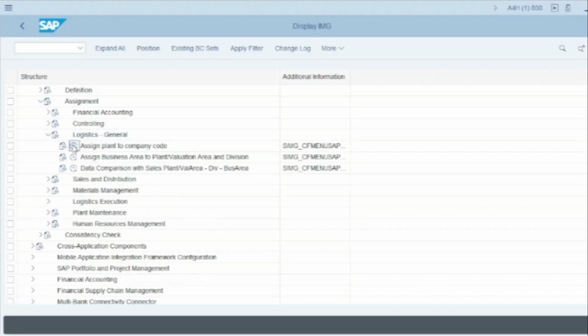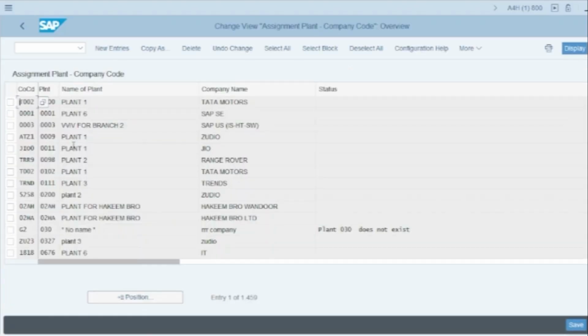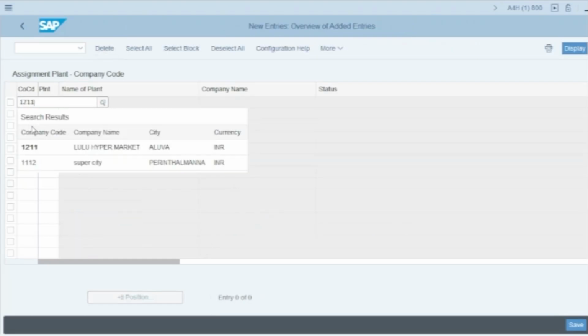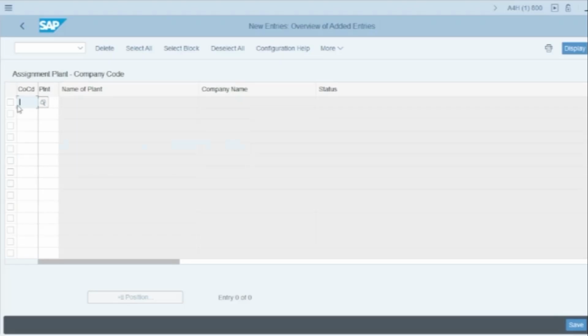code. Because under a particular company code you may have multiple plants. In our case, we have created a single plant, so that is 1211. And what is my plant? I don't know. Okay, let me check which one we have created. Sorry, this is our company code. So our company code is 1211, I believe,